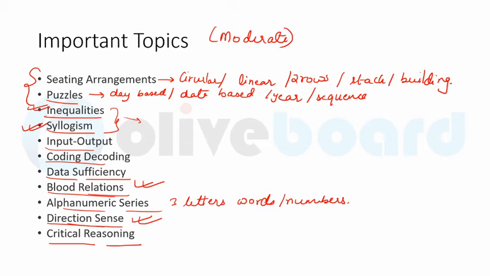So please understand that there are 30 questions, 30 minutes and 60 marks. So each question is carrying 2 marks. That means the negative is also high. 1/4 of 2 is 0.5. So 0.5 will be deducted as negative marking if you mark it wrong. So please be very careful with the accuracy, guys, right? So these are some of the topics which you have to prepare very well.